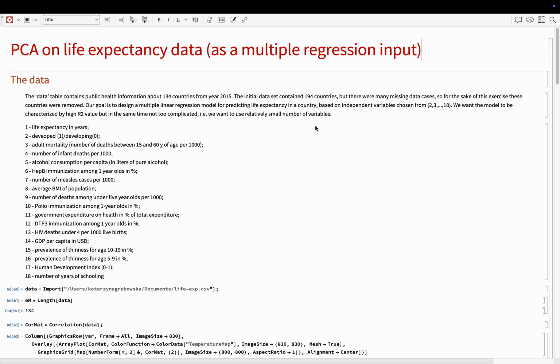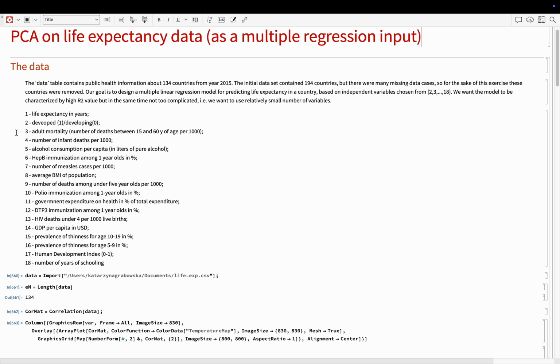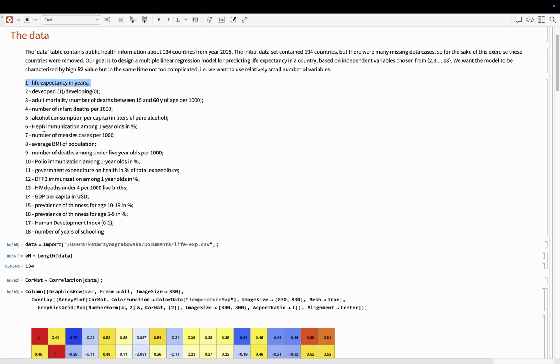The first one is the data about life expectancy. We predict it based on a bunch of health, economic and sociological variables. We can more or less refresh our memory about what variables we have at our disposal. So there is the potential dependent variable, life expectancy expressed in years. And we have the following variables, some of them medical. So medical variables are, for example,